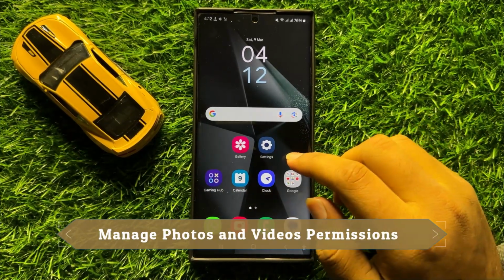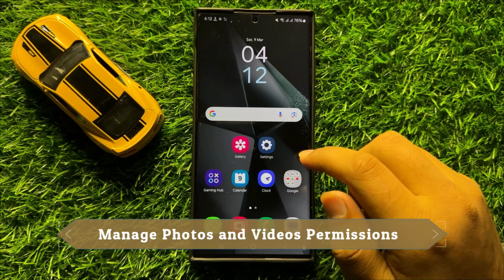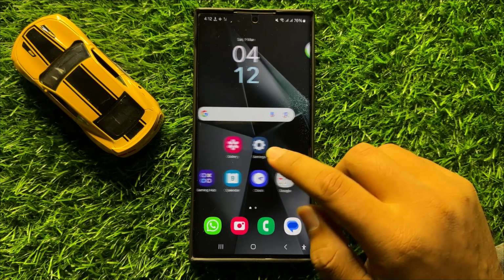Hello everyone, in this video I will show you how to manage photos and videos permissions in Samsung Galaxy S24